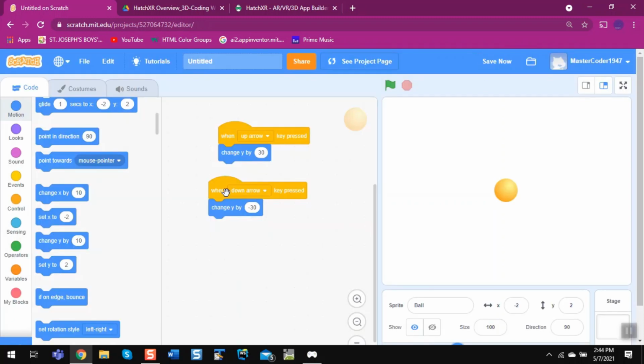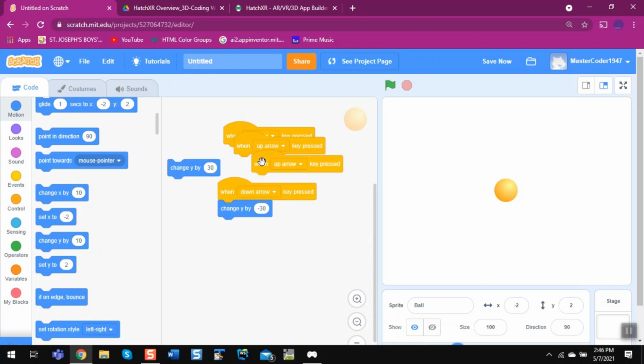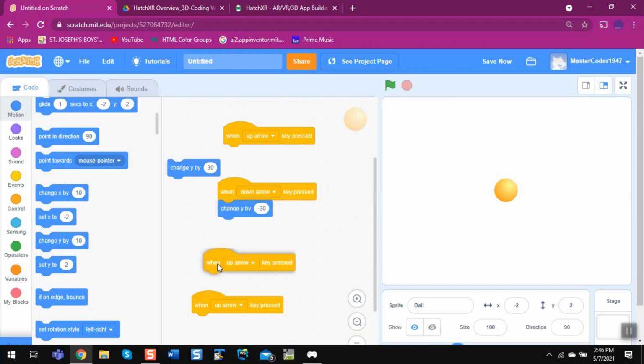And then we need to do it for side also. So to do it for the side, we need to do the x value. After doing this, we need to put this out and then duplicate it 2 times. Then put this here and this here. Now we can even copy paste change y. We cannot copy paste change y by 30 because now we need to code if someone clicks on the right arrow and then on the left arrow. So for that we need to change x by 30 and we need to put these two here.